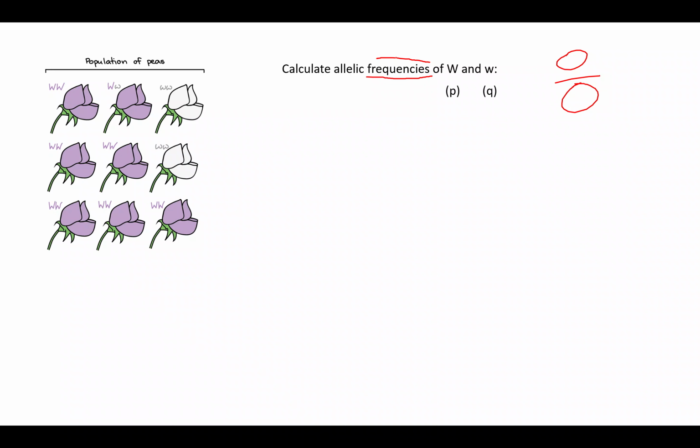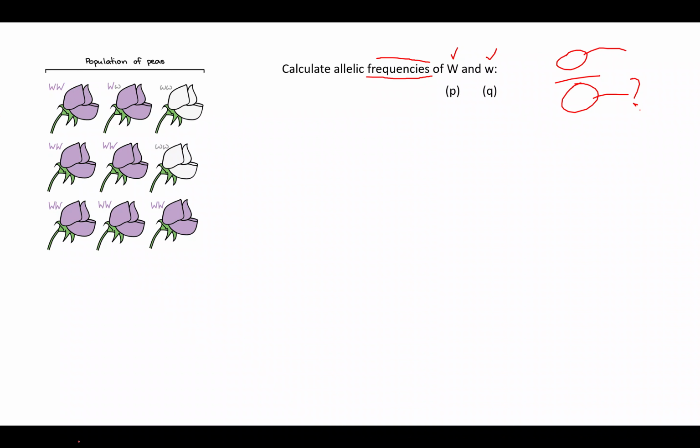Okay, listen here now, otherwise it will be very late. Can you just mute your microphone? So I'm asking what is the frequency of capital W and small w. So frequency is how many times capital W is present in the whole. First you have to calculate the total allele, and how many times capital W is present or small w is present. So first question, how many total alleles are there?